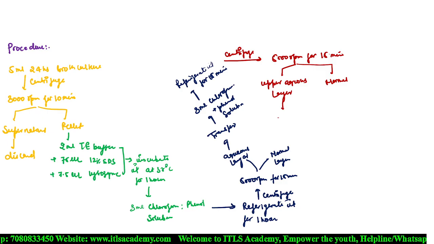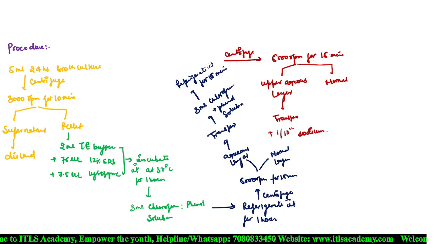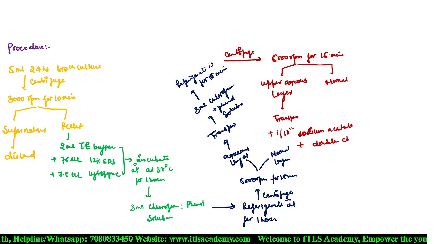Again you have to transfer it into another tube and add 1/10 volume of sodium acetate plus just double the volume of chilled 70% ethanol,